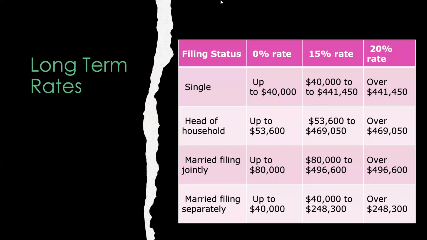So here is the 2021 table from Google that I pulled up, the tax rates for long-term gains. So single, if you make up to 40,000, 0% rate, and that's over 365 days, 1 year. I fall into this rate right here. I'm not the big dog yet, but that's the rate right there. So take a look at how you file your taxes, whether you're single, head of household, married joint, or married separate. This is your tax bracket for long-term investing. So any investment you secured long-term capital gains on, aka you held it for longer than a year, this is the bracket you'll fall in.